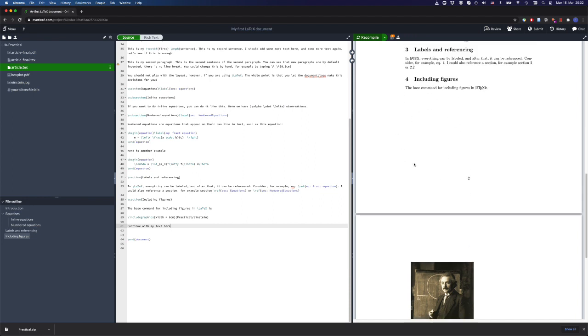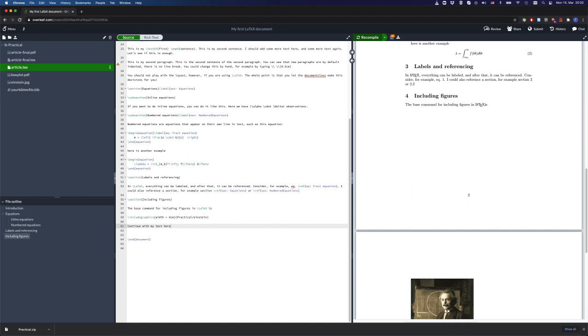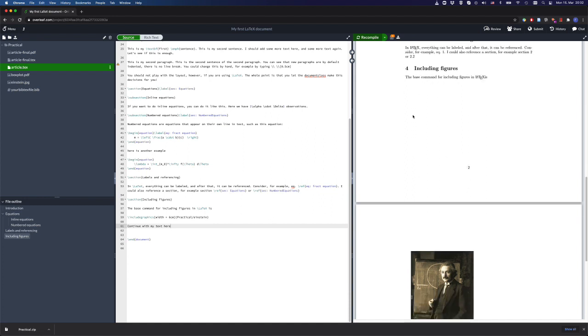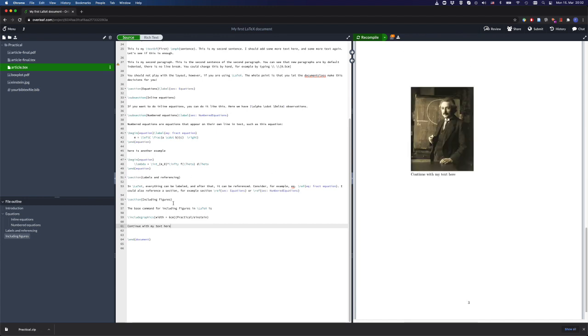And this is usually not a good idea, and so now I would have to maybe make this figure smaller to place it here, or move my text so that it fits. So usually it's not a good idea to include the figure directly, but what you would rather do is to include the figure in a figure environment, in a floating environment, and I will show you what it does